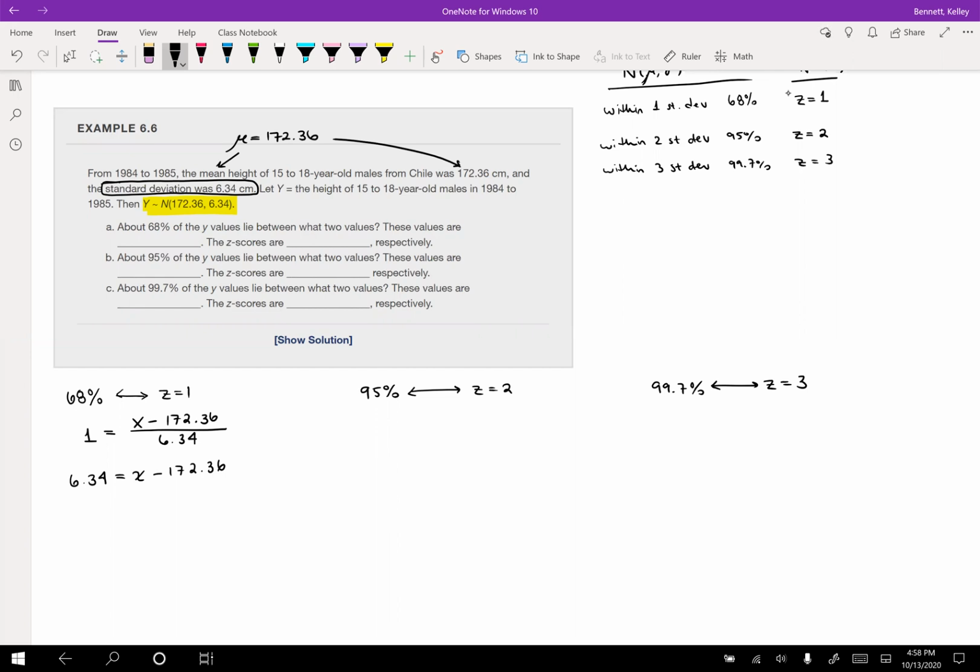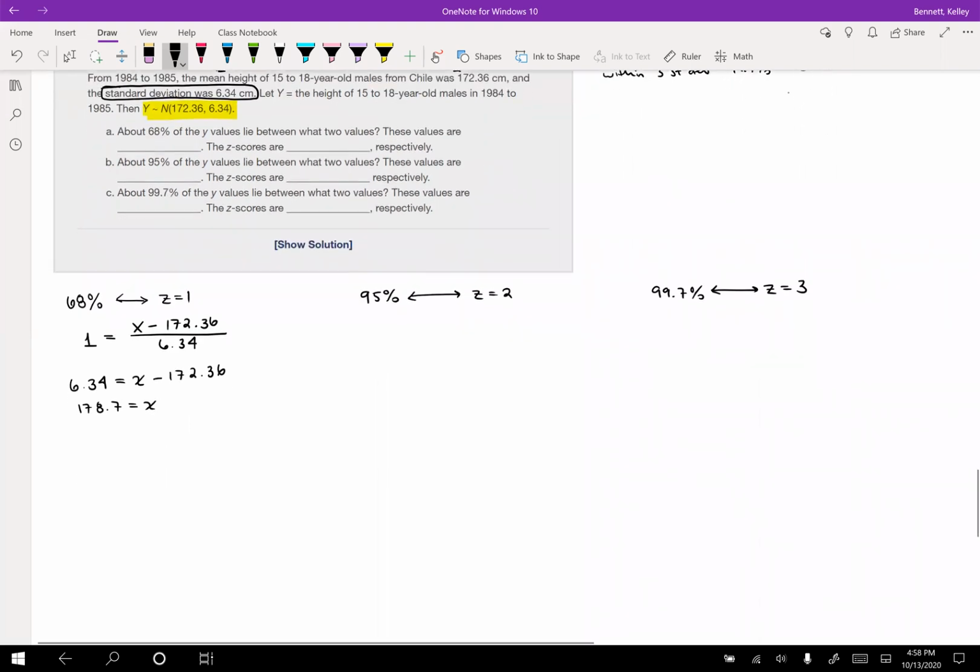And then I'm going to add 172.36 to each side. And I get 178.7. This equals x. But there's something kind of hinky going on here because it's asking us for 2 values. So let's think about that. What 2 values? Well, let's look at it from this